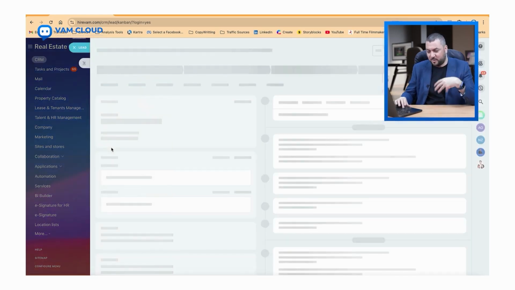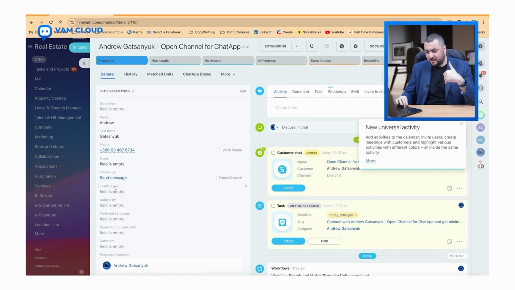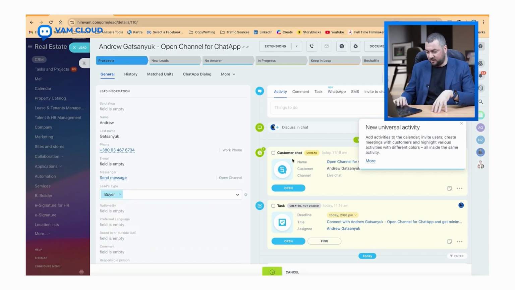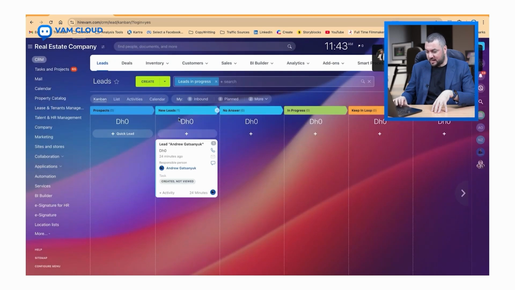What are these three parameters? The name, the email, the phone number, and the type of the lead. Is this lead looking, is he a buyer or a tenant, or anything else? So let's say this is a buyer. If I click save, okay, and I close the lead card, I will see automatically this has moved to new